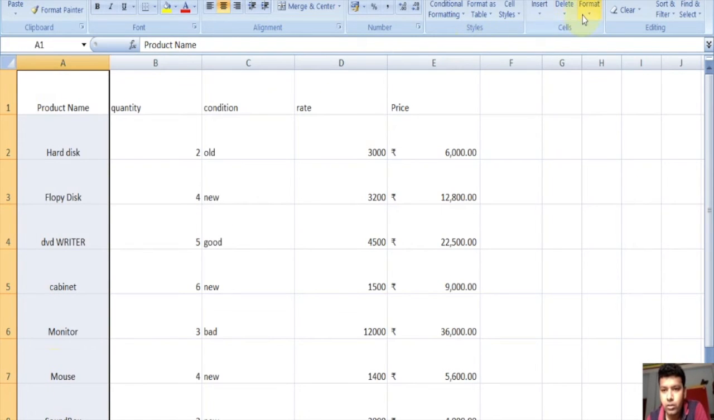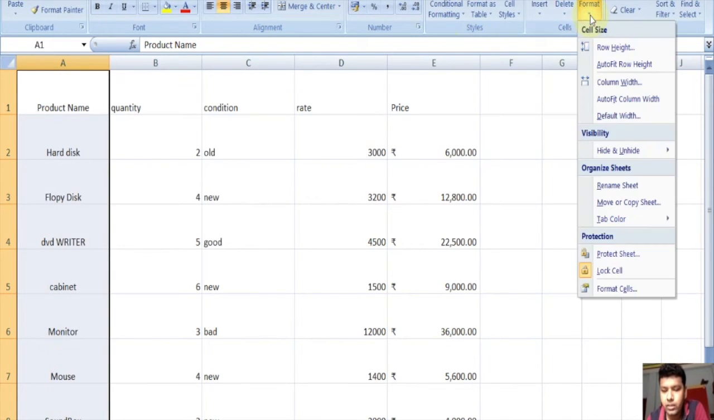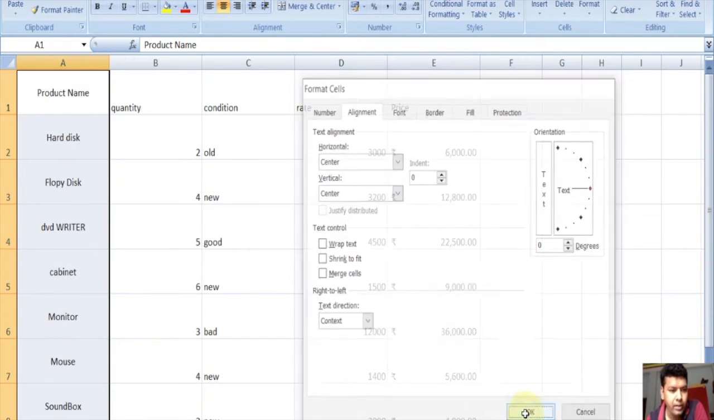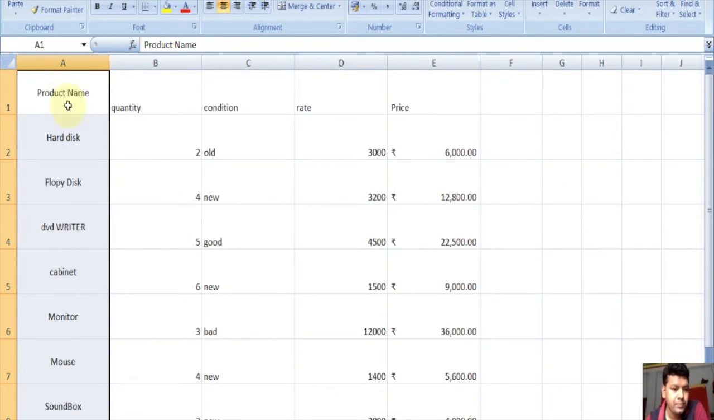and click on the Cells command group, Format arrow, Format Cells, and click on vertical alignment. Click on the vertical alignment arrow, click on center and then click OK. We can see that the text of the cell is vertically center aligned and the horizontal alignment is also center. So we can do it